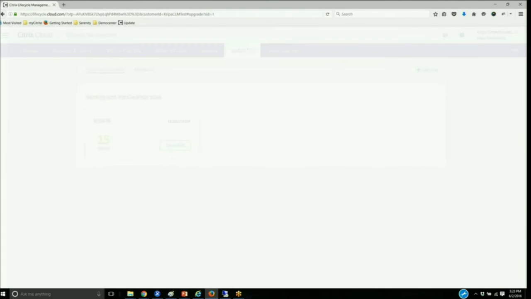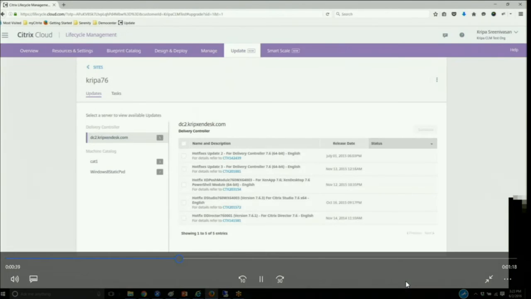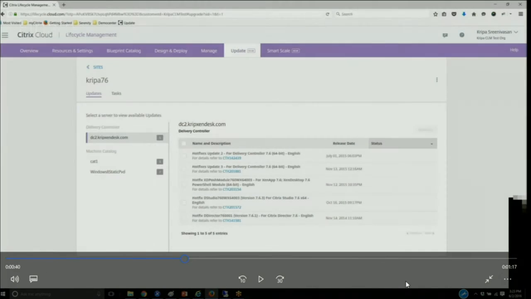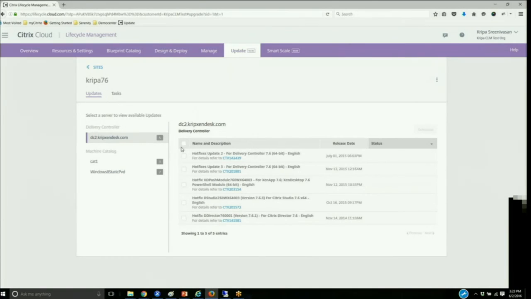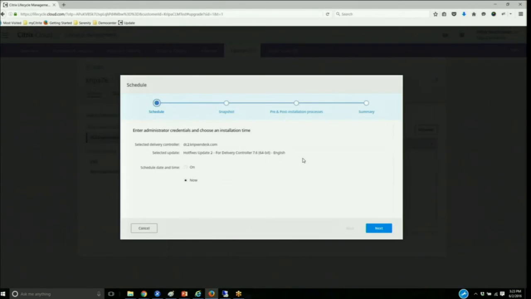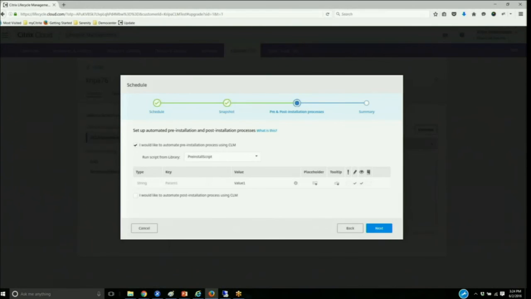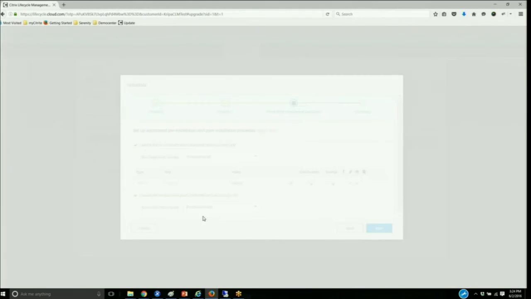And it clearly lists out all the missing hotfixes on a per component basis, and the customer can schedule the missing hotfixes, and he can choose to immediately install the hotfix or schedule it for a future time. And we also provide the facility of backing up the customer's environment in case he would like to switch back, and execute pre and post install scripts.